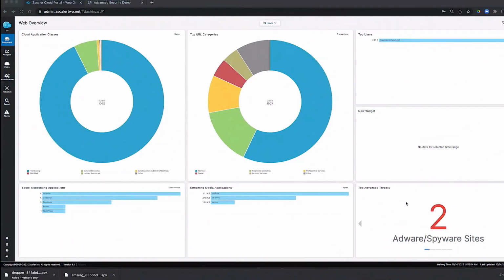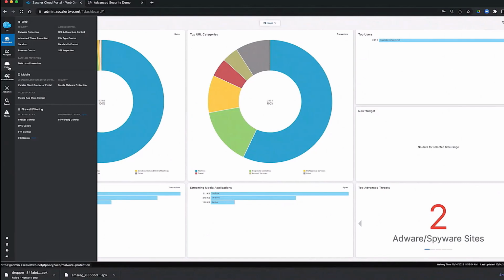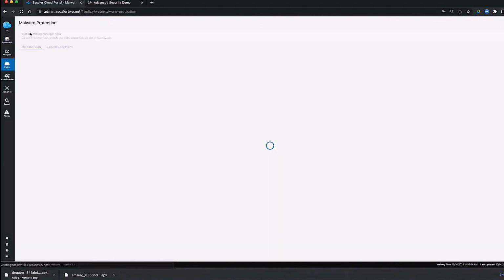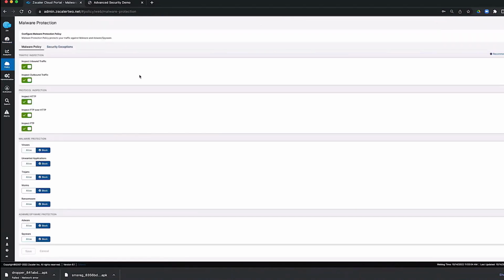Take a look at threat protection in Zscaler Internet Access. We come across to Policy, Malware Protection, and we can look at the malware configuration where we're going to inspect inbound and outbound traffic across HTTP, FTP over HTTP, and FTP. And it's important to understand that to inspect HTTPS, you need to do SSL inspection, which then enables it to